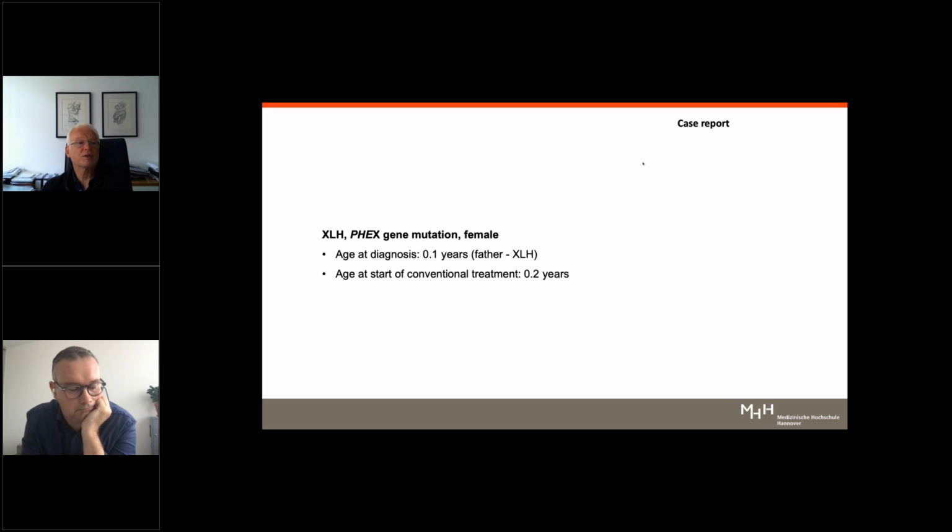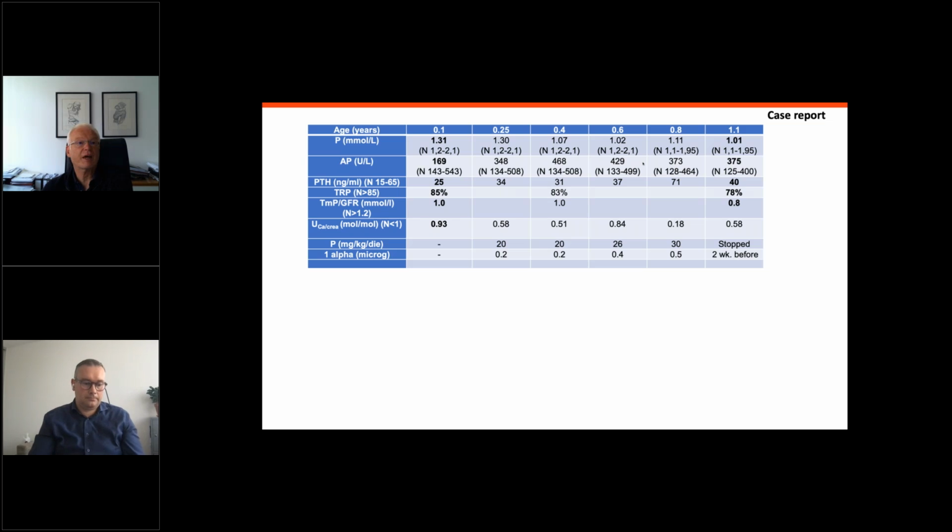So this patient was a female, a girl. The father suffers from XLH, so we made the diagnosis at the age of 0.1 years. We started with conventional treatment, and as you can see here, the phosphate levels were still in the lower normal range, but we knew from the genetics that there's a disease, and alkaline phosphatase started to elevate at